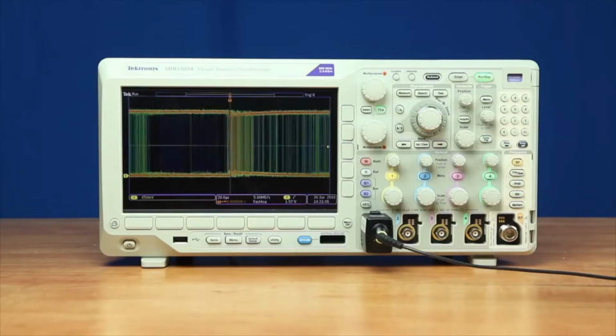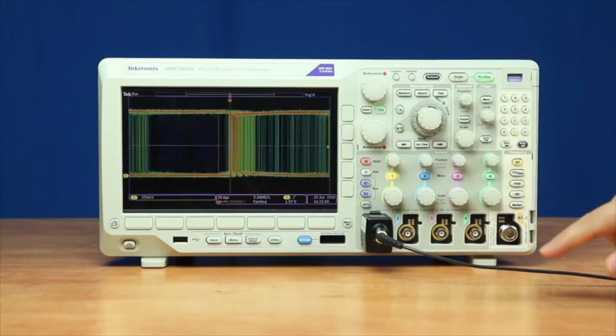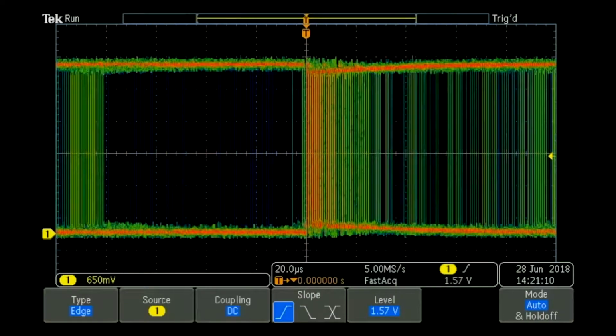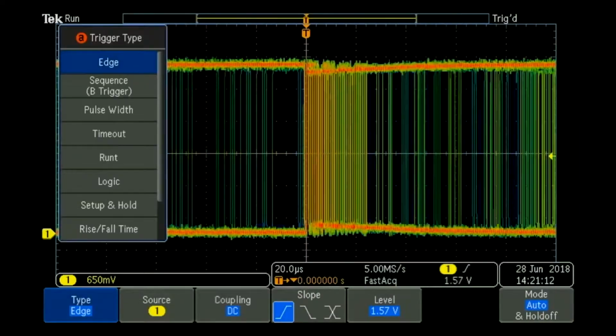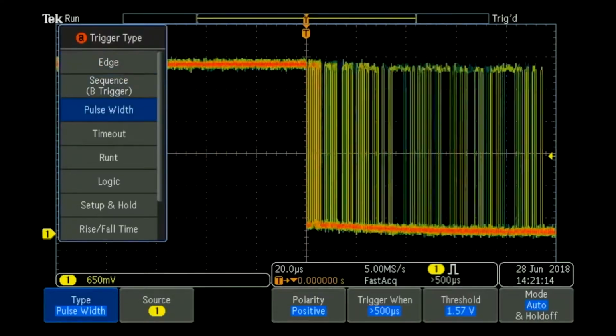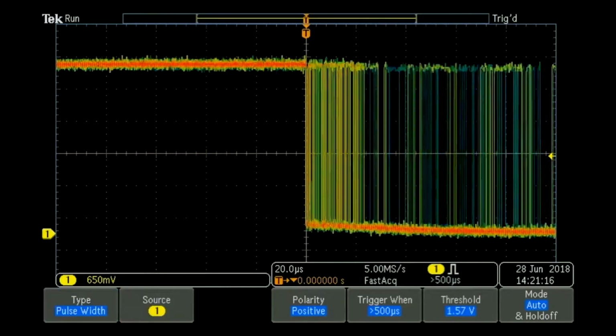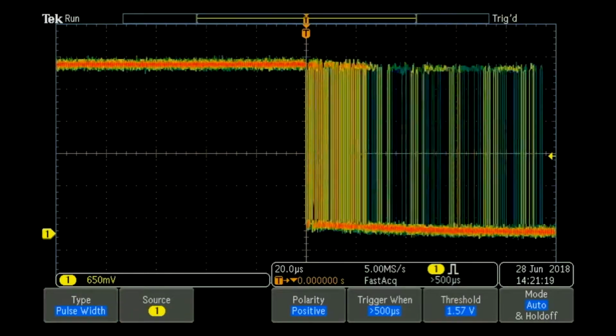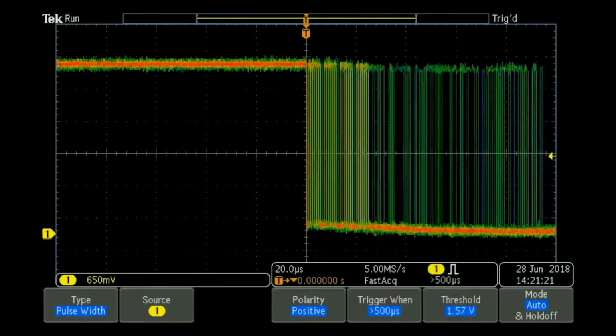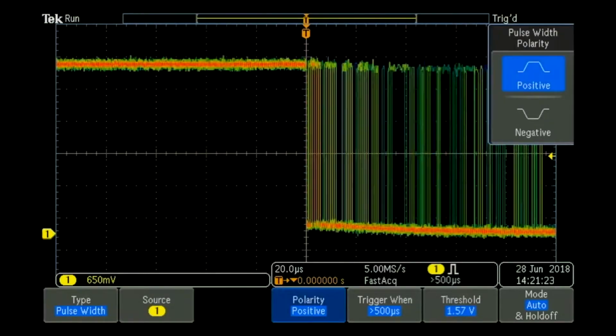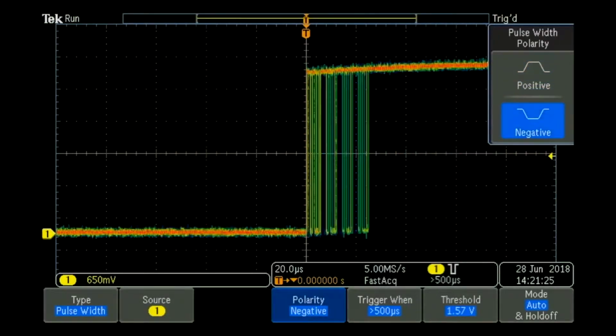Starting with the Tektronix, there's a few different trigger techniques we can use to find the ends of these pulse sequences. Instead of edge trigger, we can move to pulse width trigger. We can start by looking at that long sequence of that positive pulse and then the bits that come after it. We can also, to make it a little easier, switch to a negative pulse, and now we can look